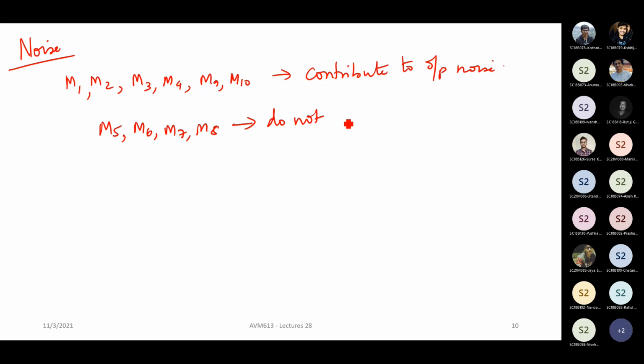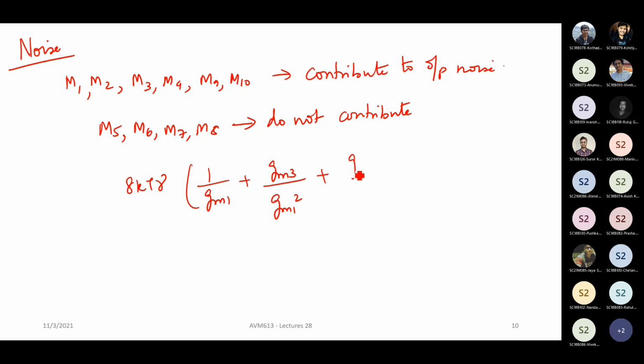Now this whole notion of do not contribute will start falling as you go to higher frequencies, and also as you have lower and lower R naughts, you will probably end up with a little bit of contribution coming from them as well. I will just give the expression. I think by now you should be able to calculate them, so please do calculate them on your own and see if you're getting this.